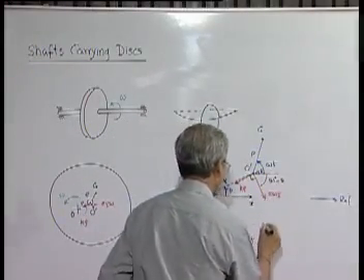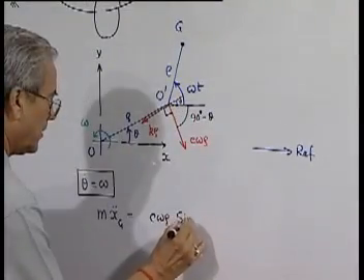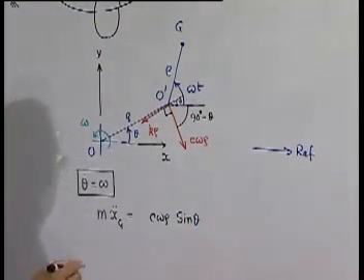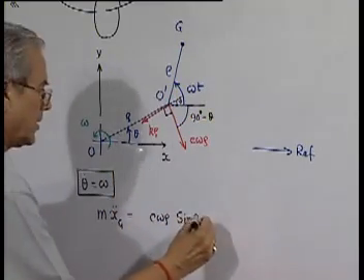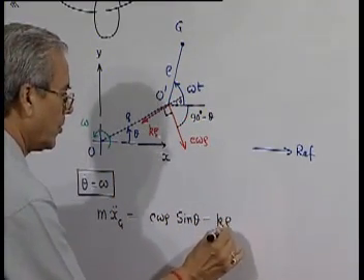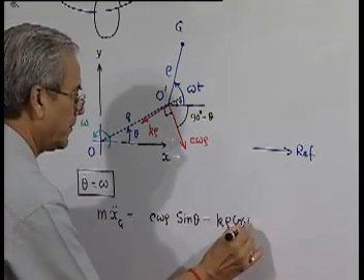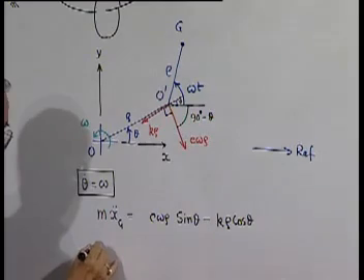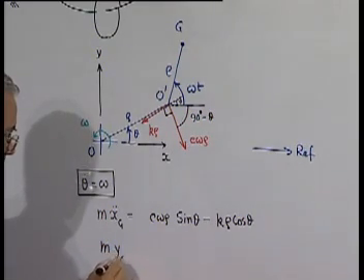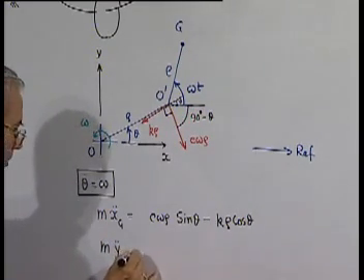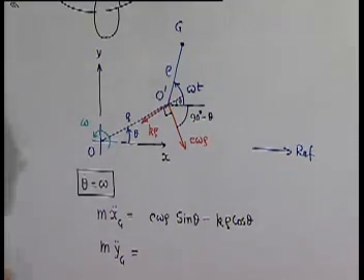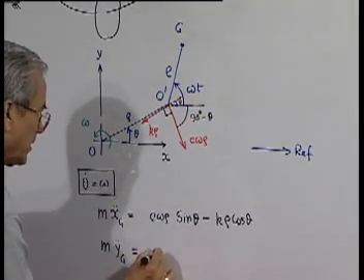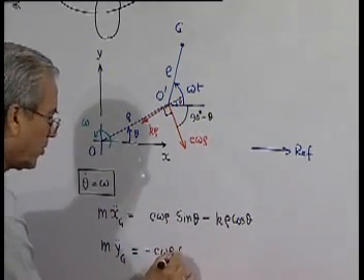So, therefore, it will be sine theta minus the component k rho cosine theta. Similarly, the acceleration component in the y direction is equal to minus c omega rho